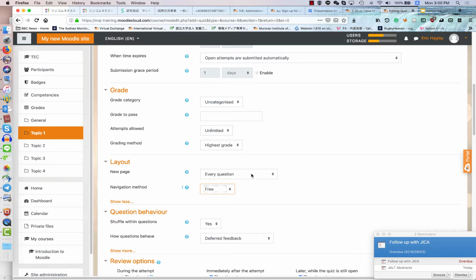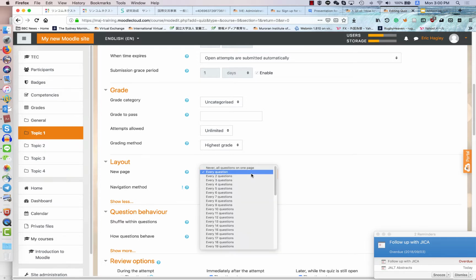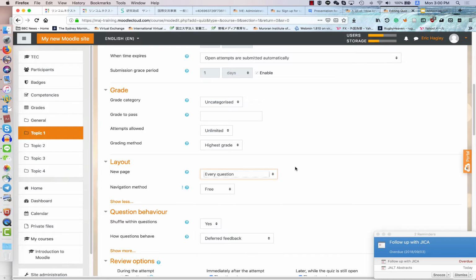Okay, every question, new page, you can set that, or you can set it so that all the questions are on one page. There are different options for you there. Okay,